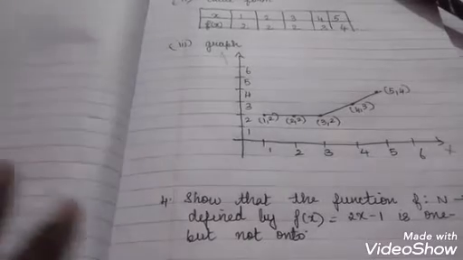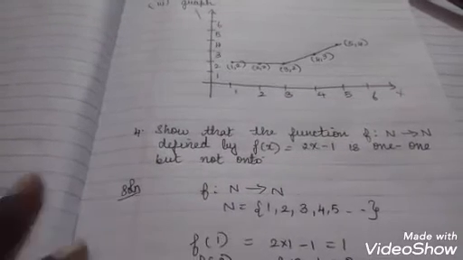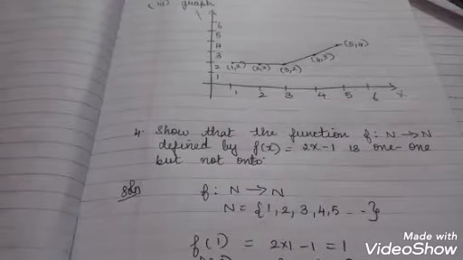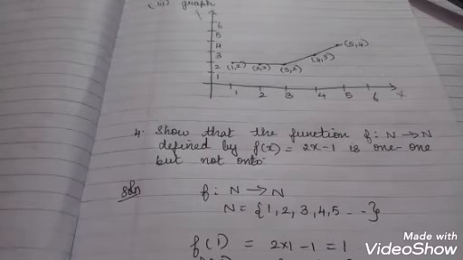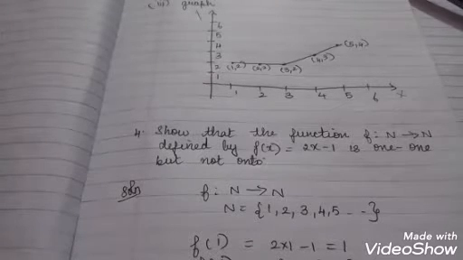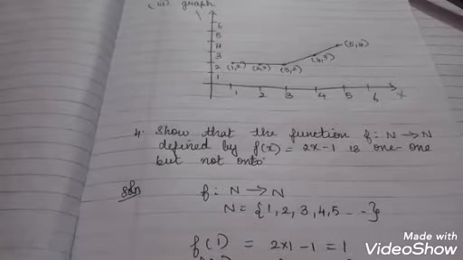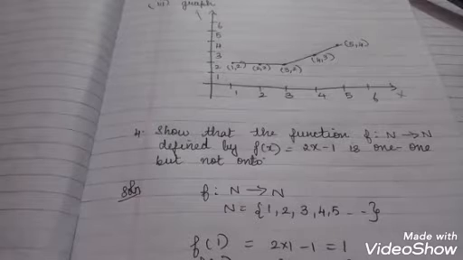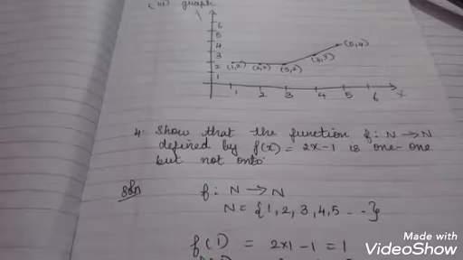So here we have represented the function by a graph, by a table form, as well as by an arrow diagram. The first question we saw what was to be done. The second and third questions were about representation. Now from the fourth question onwards, you're going to see how to check whether a function is one-to-one or onto, or they may ask what is the nature of the function or what type of function it is. It's a very, very important one.